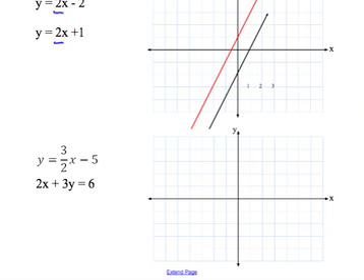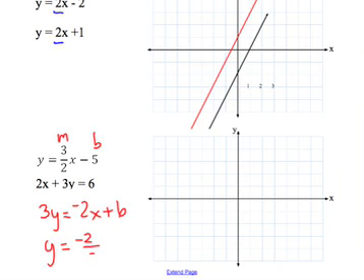Let's check to see if these are parallel. In this case, this one is in the right format. So I have a slope here and I have a y-intercept here, but I don't have that here. I have to change its form. So let me leave the y where it's at and move the 2x over, so it's minus 2x plus 6. And I'm going to divide both sides by 3, so I'll get negative 2/3 x plus 2 when